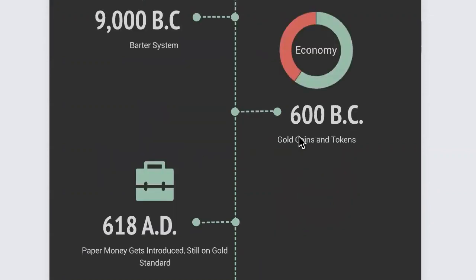Fast forward to 600 BC. That's when gold coins and tokens started to get introduced into different economies. There was some in China. There was some in developing parts of North Africa and areas like that. So gold coins became a medium of exchange. Instead of me carrying 15 goats to your house so we can make this trade, I'll bring the equivalent of 15 goats, which is probably 2 or 3 gold coins, and we'll do transactions that way. So that became a lot easier because you don't have to find someone that had a goat that just happened to need your shoes that week. Instead, you can take these gold coins and go buy them anywhere, and they represented the equal value. So pretty ingenious system there.